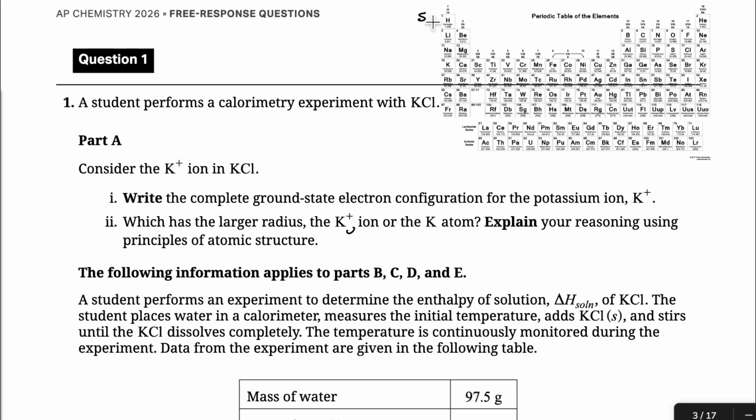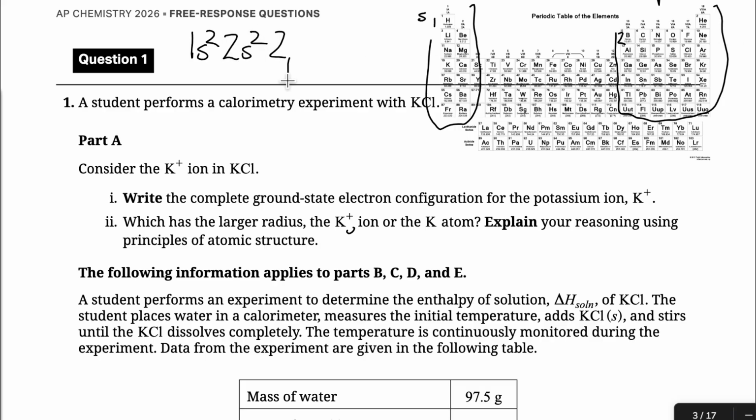So we know over here is our S block, and it starts with energy level 1 right here, and then P block is over here, and it starts from energy level 2 from here. So we don't need any others because K is right here, and if you just follow the process, 1s2, next is 2s2, then 2p6, and then you keep repeating 3s2, 3p6, so this is 3s2, this is 3p6, and then finally you get to